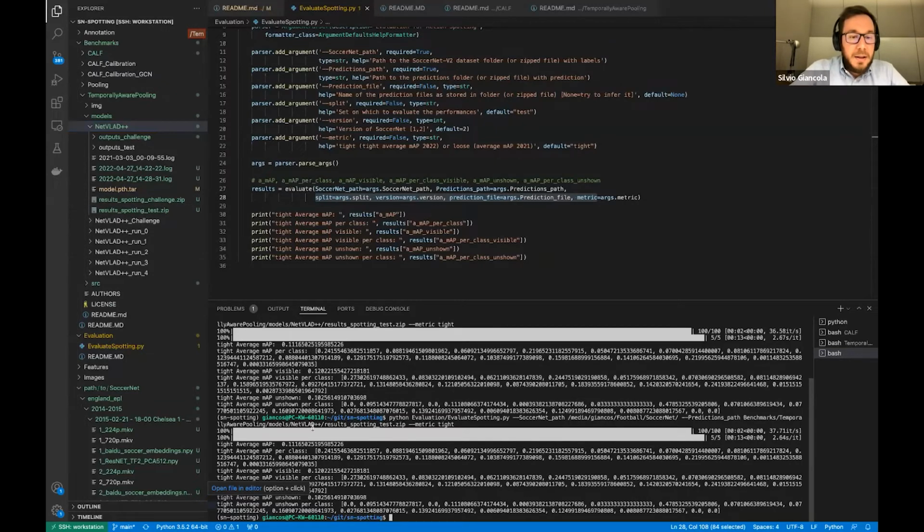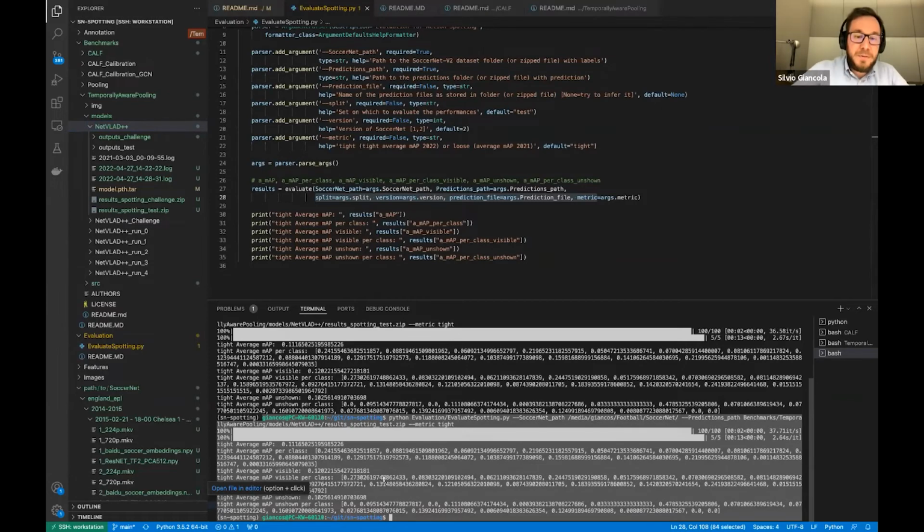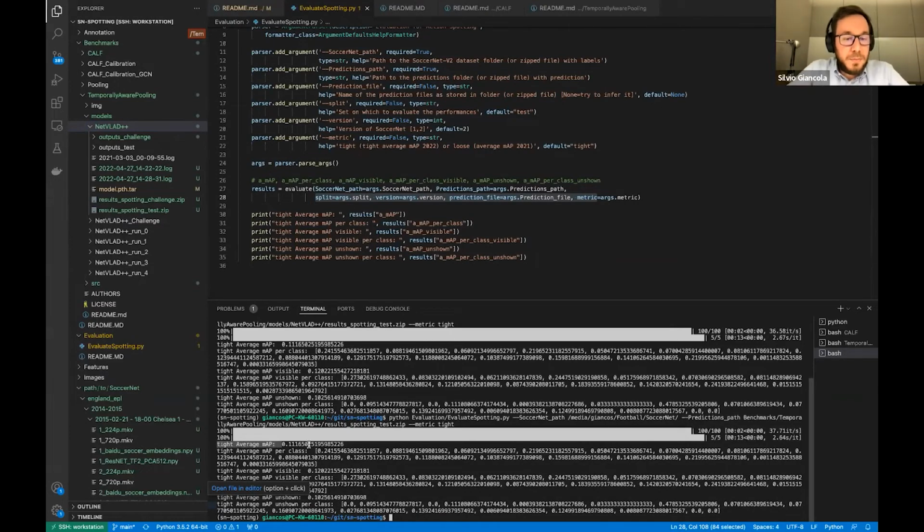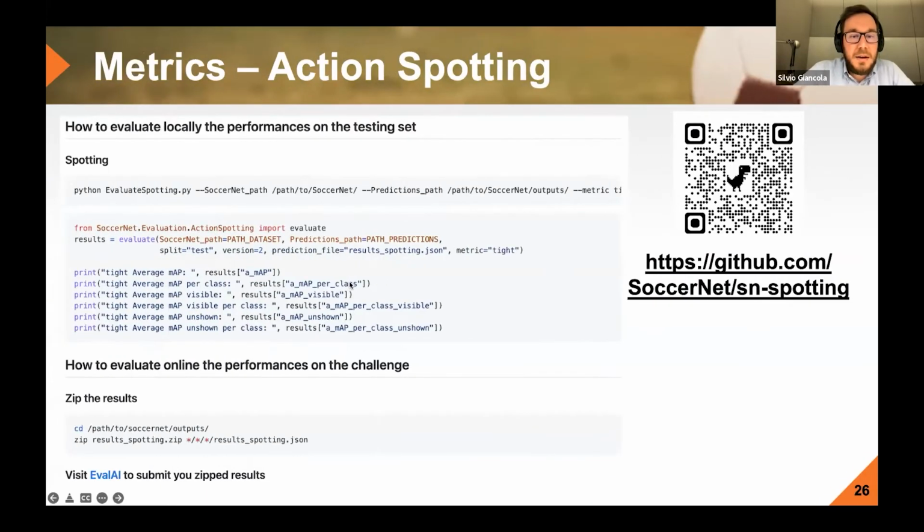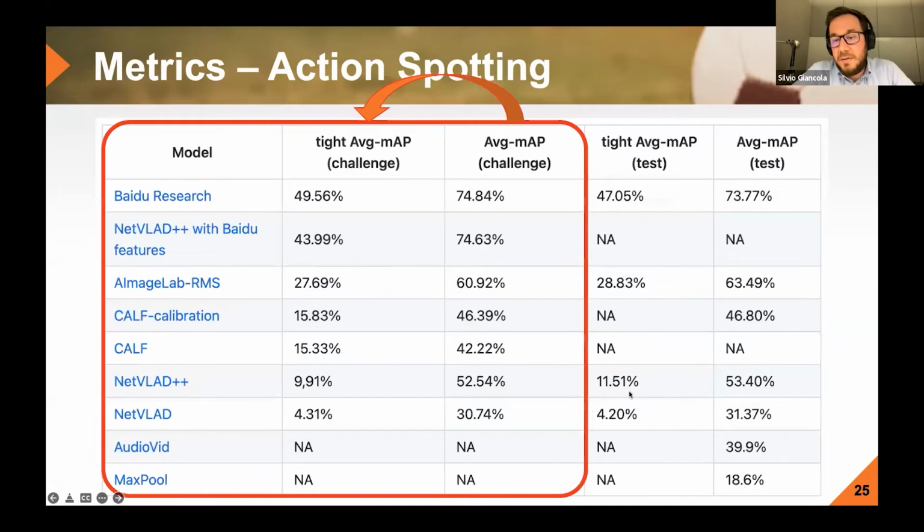So for both of them, this script provides you with a lot of numbers. It gives you, most importantly, the tight average mean AP, the tight average mean AP per class, the tight average mean AP for the visible subset, and so on and so forth. And here in particular, we can see that, oh, look, my NetVLAD++ has a tight average mean AP of only 11.16%. And spoiler alert, this is exactly what we have in here, a little bit different because I retrained that model from scratch. So the performance was not exactly 11.51,